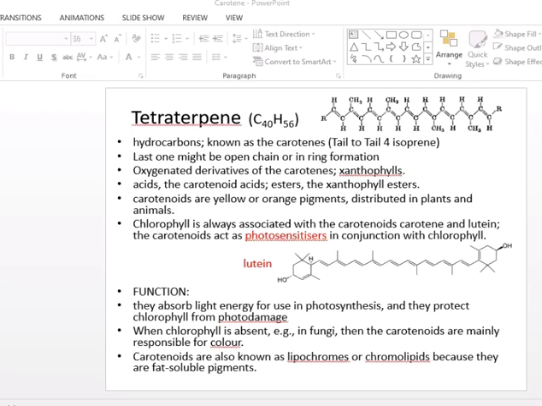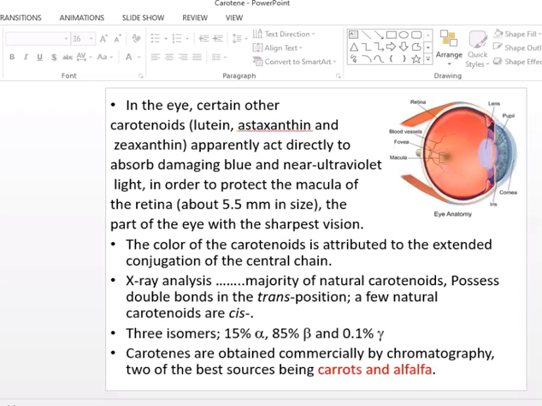When chlorophyll is absent, carotenoids are mainly responsible for coloration. It is known as lipochromes or chromolipids because they are fat soluble pigments. So vitamin A is a fat soluble vitamin. So what is the function in eyes? In the eyes, certain other carotenoids, lutein,